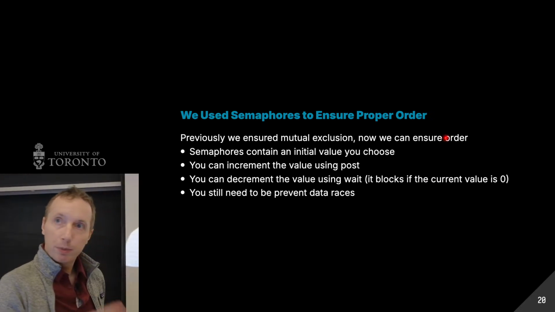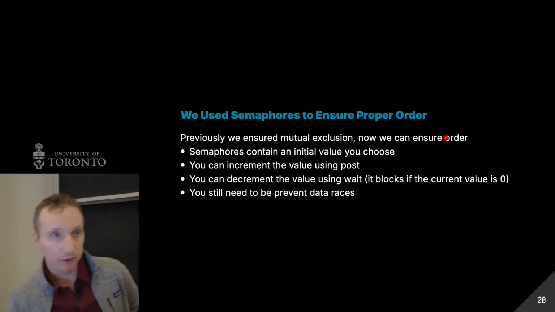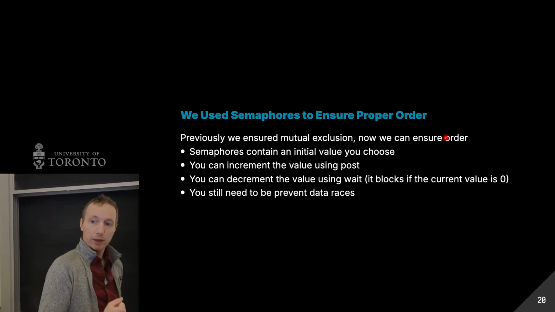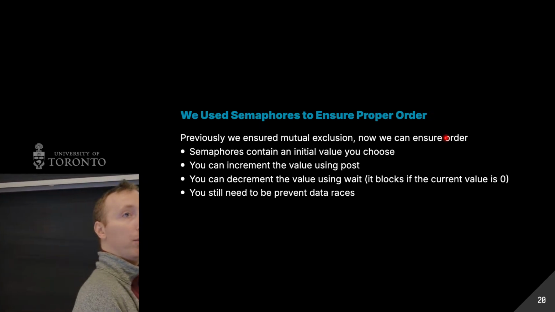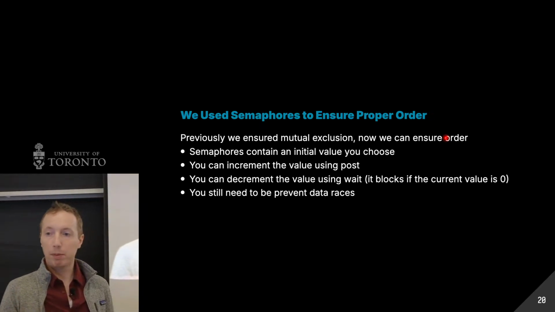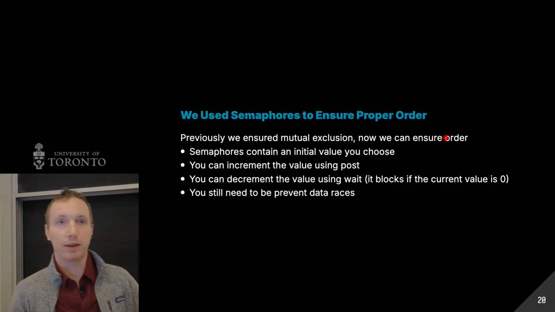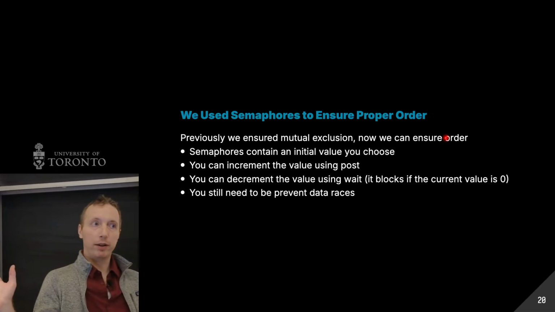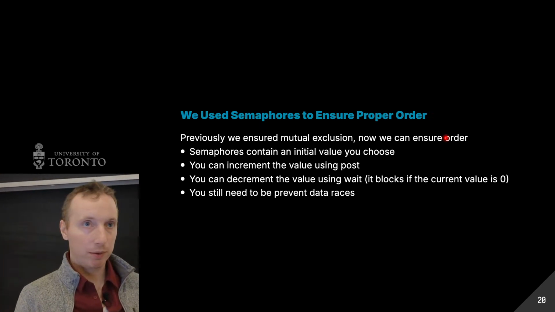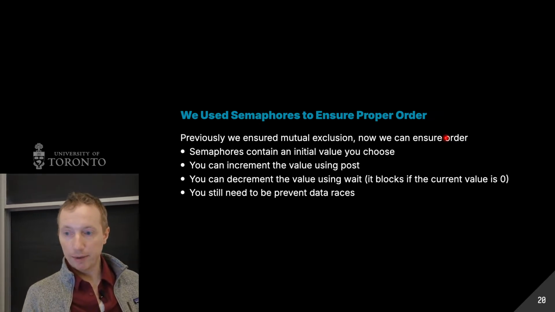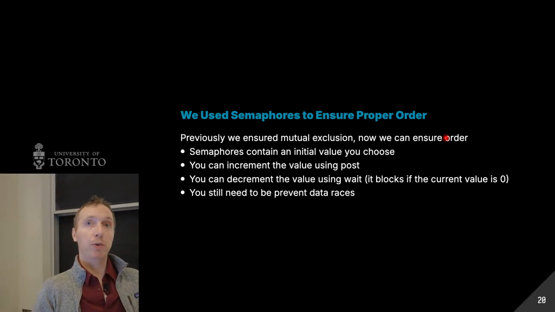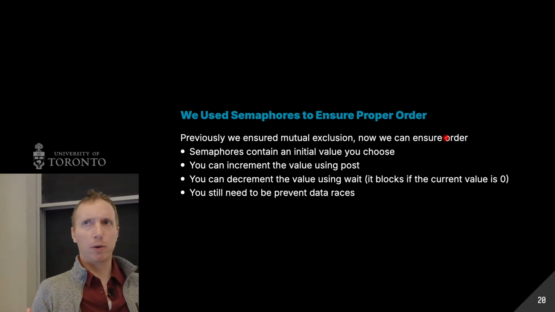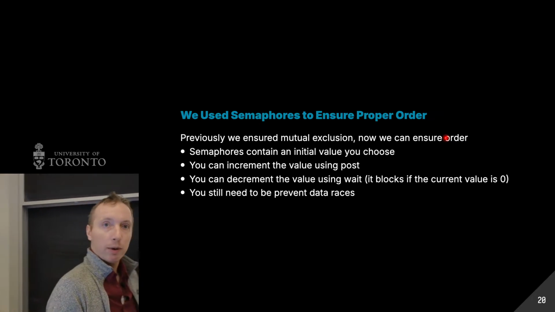That was only to prevent data races, having only one thread executing at a time. Then we were like, hey, what if we want some type of order between threads? Because initially, they're running concurrently or in parallel. We don't know which one's going to run next. It's a Wild West. Can't make any guarantees. So in order to make sure things happen in order, we have to use